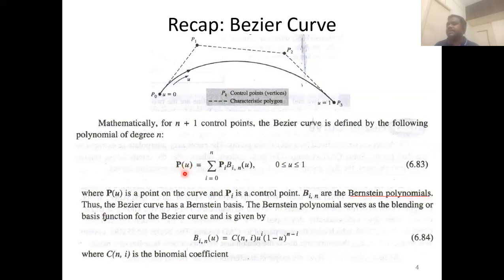Okay, P of u is defined as any point on this particular Bezier curve, which is given by P suffix i. This is the coordinate of the control point, say P0, P1, P2 or P3. This is referring to the control point. If you look at B i n of u, it is a Bernstein polynomial. This we have also seen. The Bernstein polynomial is expressed as n choose i, u to the power i, 1 minus u to the power n minus i. While discussing the Bezier curve, I used the variable t. Here I am using u.